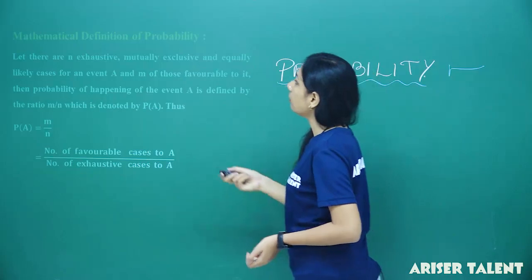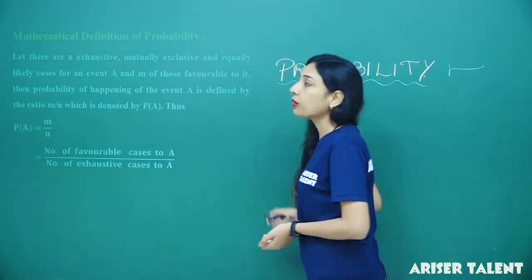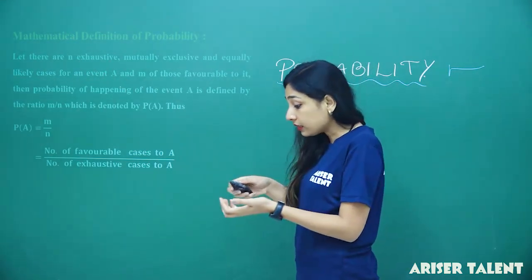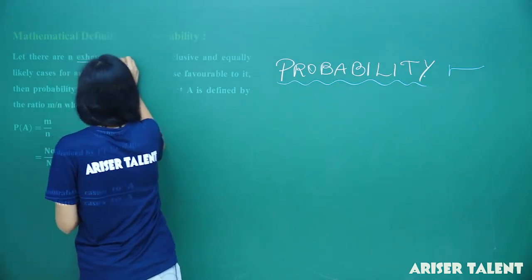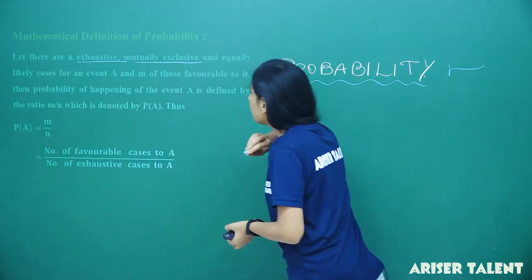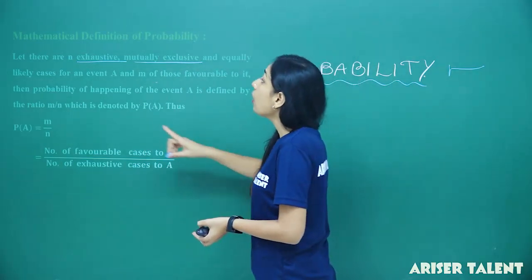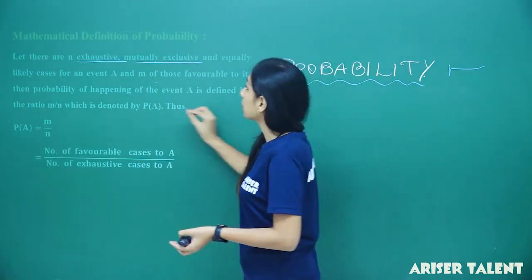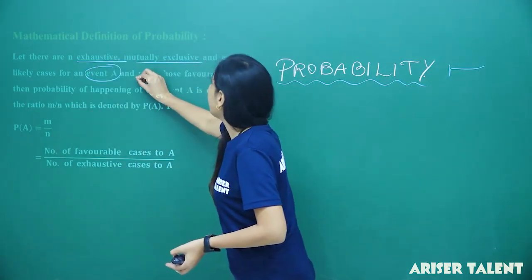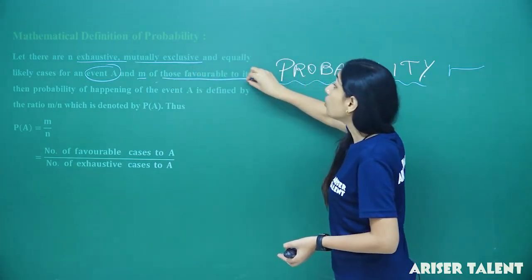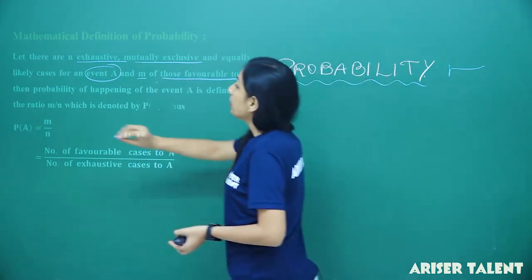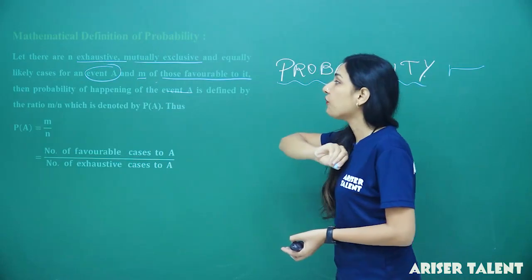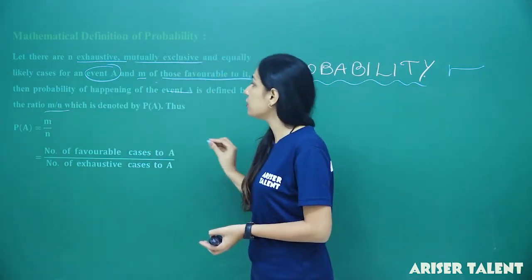Now see what it's saying. Mathematical definition of probability. Let there be n exhaustive, mark the words, exhaustive, mutually exclusive and equally likely cases for an event A and m of those favorable to it. Event is A and m is those favorable to it, right? Then the probability of happening of the event A is defined by the ratio m by n, which is denoted by